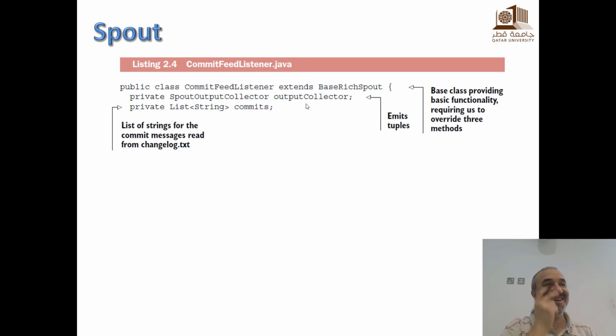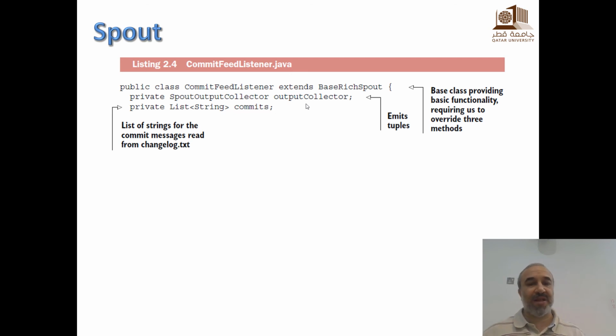Huh? There is an object that you use to emit, the context. Exactly. Yes. Okay. But same job here. It is used to emit tuples here. Okay.